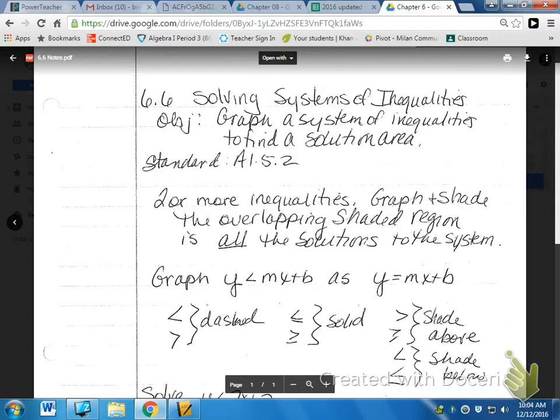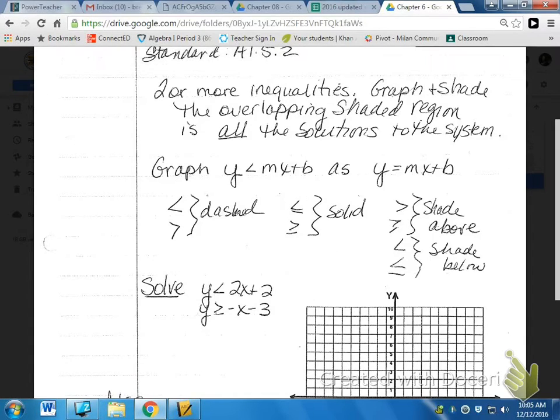Well, we are going to graph two of them together. You shade in the area where they overlap. That is the solution area. So let's look at an example. When we are graphing y less than mx plus b, first you graph that as y equals